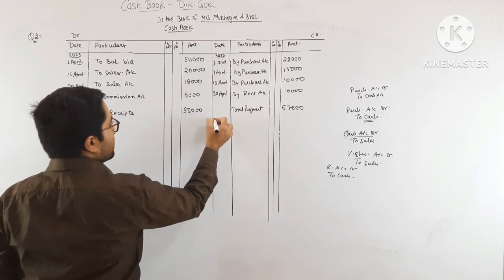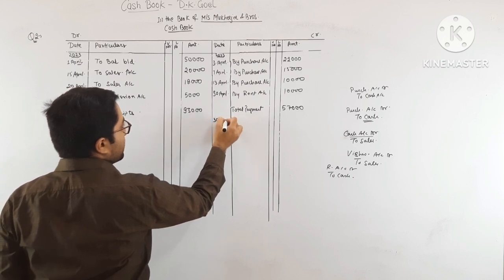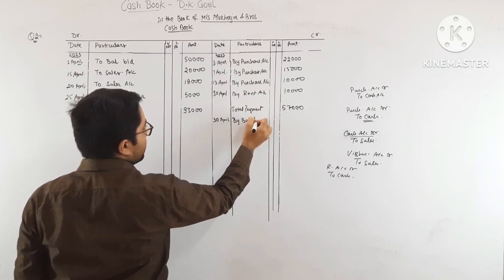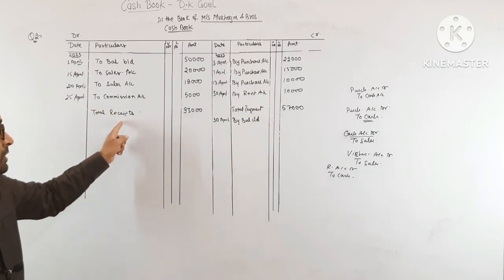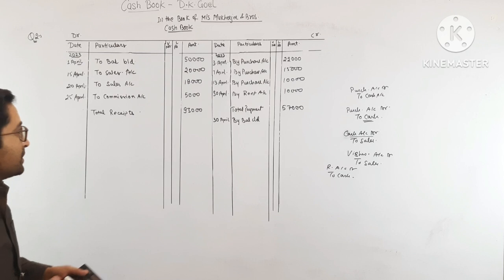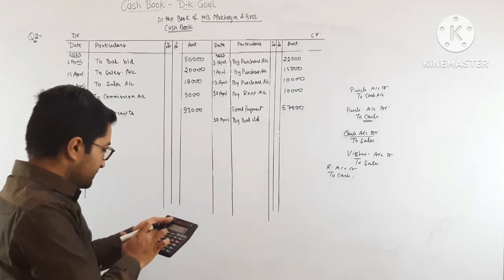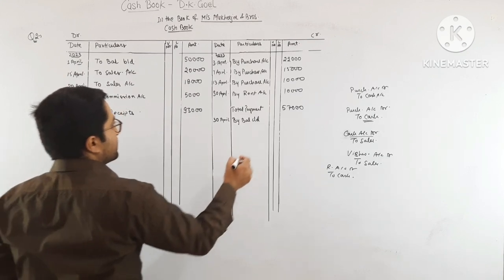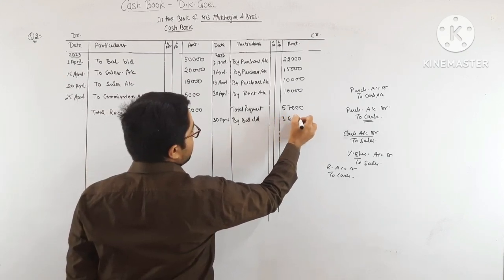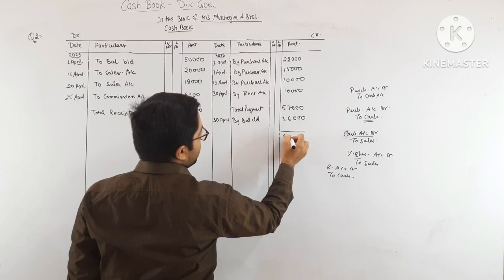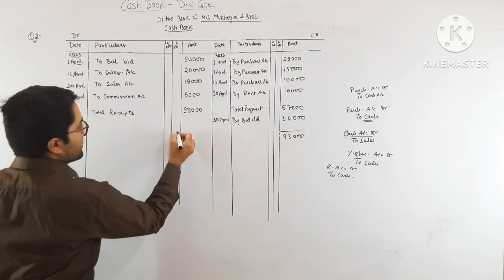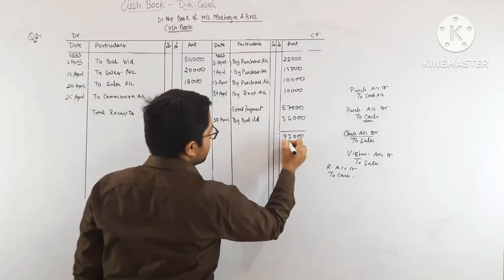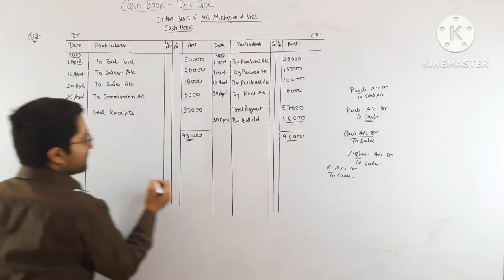Now on 30 April, by balance CD. Okay, your total receipt is more than your total payment. So 93,000 minus 57,000, it is 36,000. Balancing figure is 36,000. 93,000, 93,000. Account closed. And this closing figure will be carried down